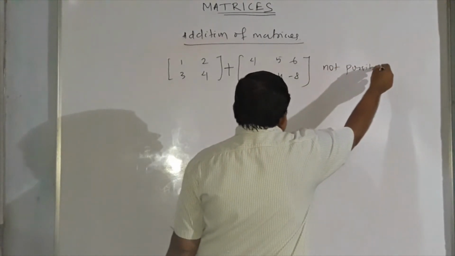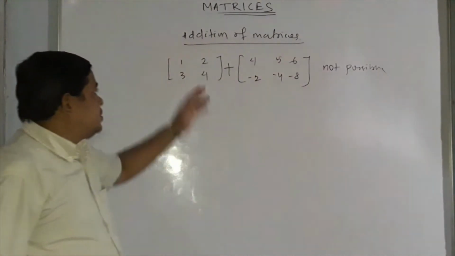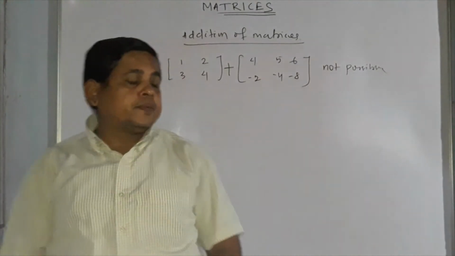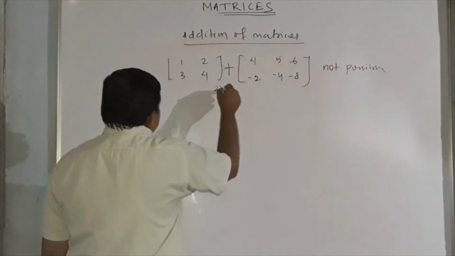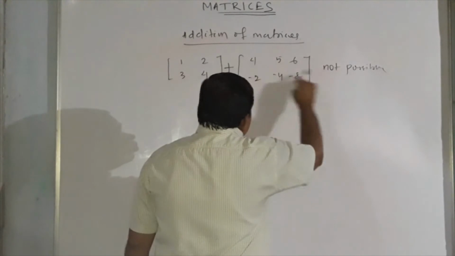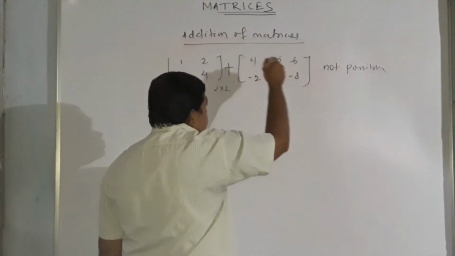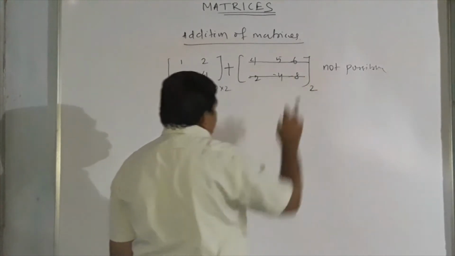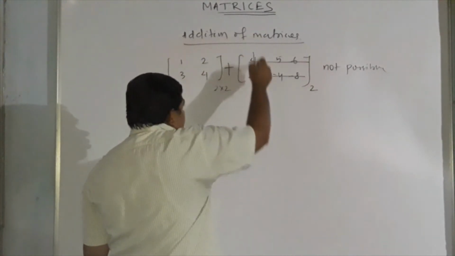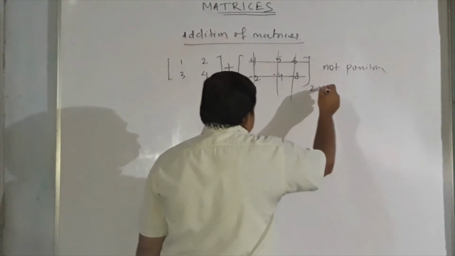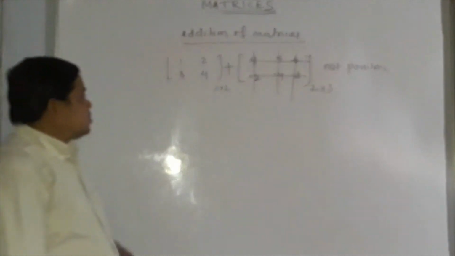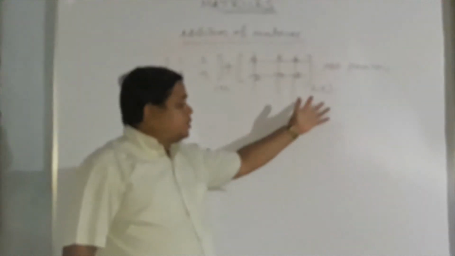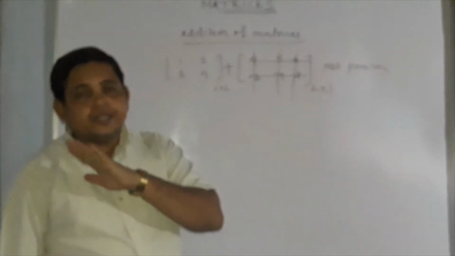Why, you say, sir? I am not writing addition of matrices as possible. Here is a compatibility condition. What is the condition? The orders must be the same. Here the order is 2 by 2. Here the order is 2 rows, 3 columns. Students get confused: how many rows? Here 1 row, 2 rows. Then how many columns? 1 column, 2 columns, 3 columns. So there are 3 columns. Therefore, here the order is 2 by 2, here it is 2 by 3, so the addition is not